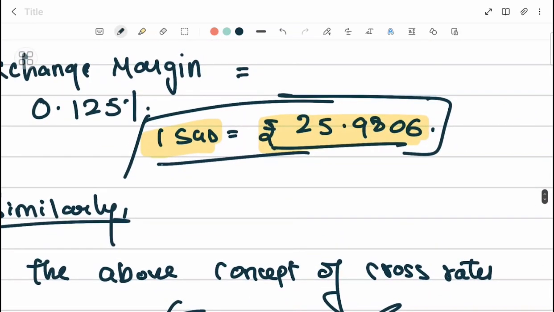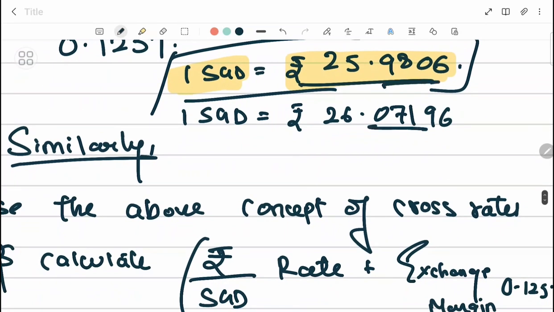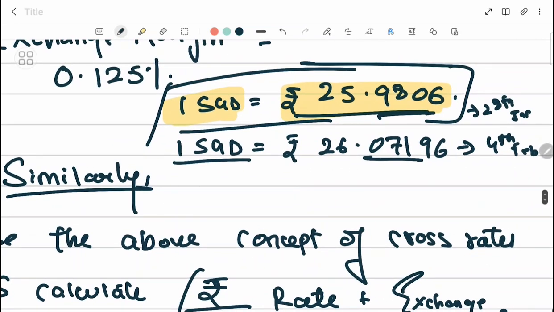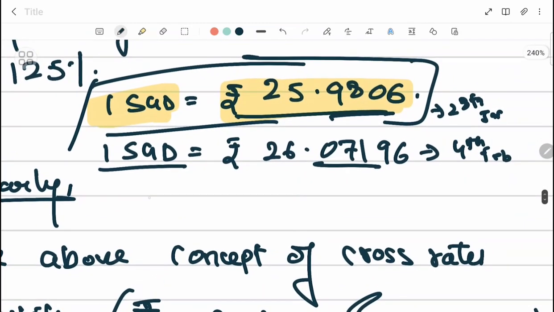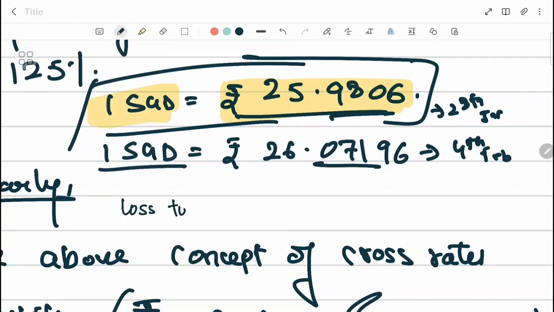Let me take the rate. 1 SGD is equal to rupee 26.07196. Okay, we just need 4 decimals, so this much would be okay. So okay, this is on 4th of Feb and this is on 28th of Jan, the final rate after adding exchange margin for the bank. So how much loss for the customer? Here, see, I'm writing. Let me decrease this. Okay, loss to importer